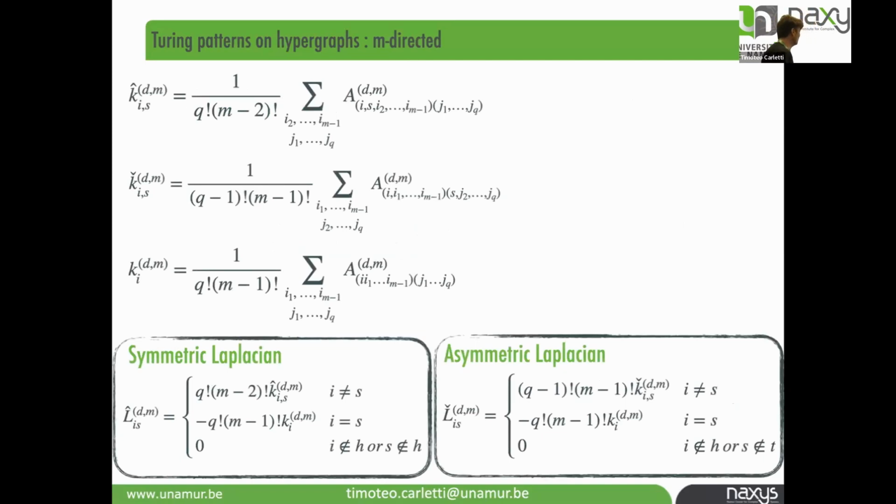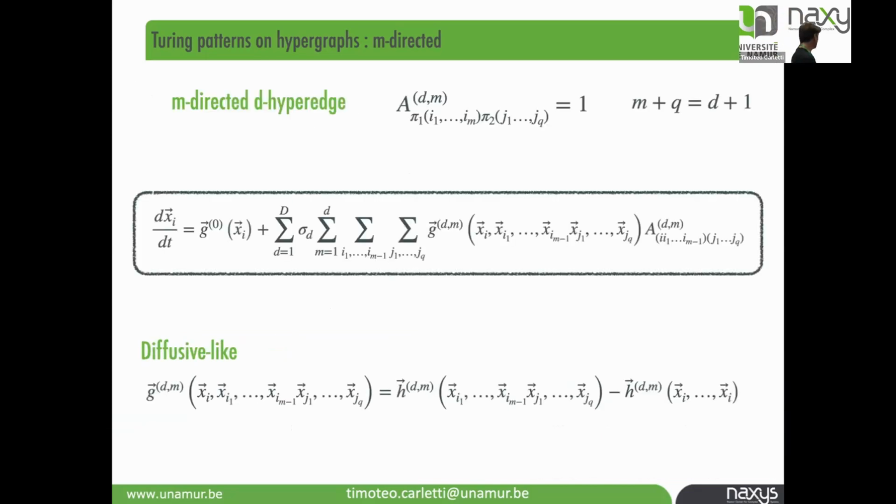Okay. Once you do this, you can again linearize about the equilibrium solution, and you end up with two matrices that, to the best of my knowledge, is the first time that I saw this kind of matrices for a directed hypergraph. One part is symmetric, which is when the two nodes are both in the head. Because once you linearize the previous equation, you have to linearize this function, so you have to take the derivative on this part and also on this part. But the node i is always in the head because it's the node that you're interested in. Once you linearize this part, you can have the derivative with respect to the first group of nodes that are in the head, but also with respect to the second part of nodes that are in the tails.